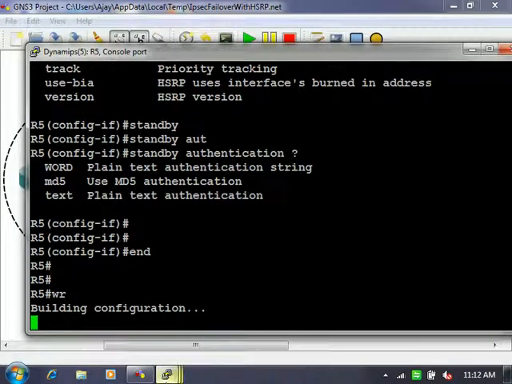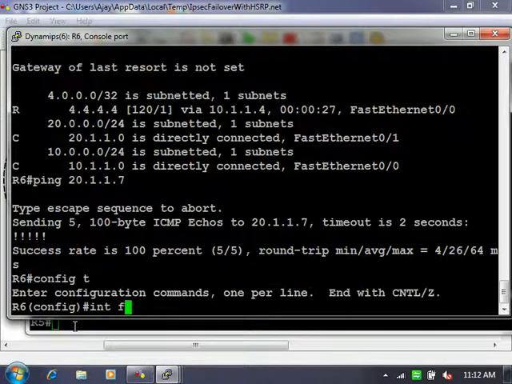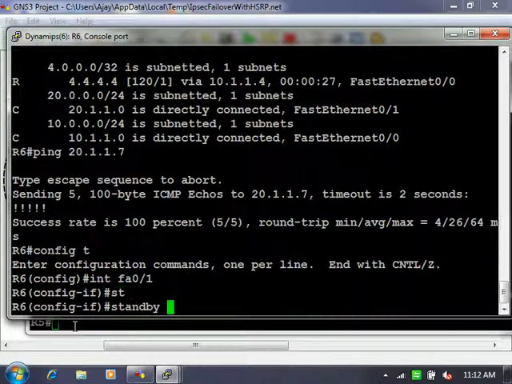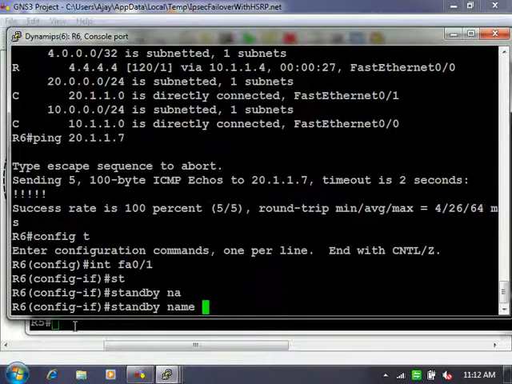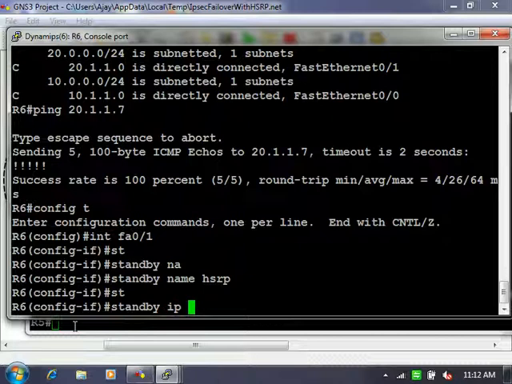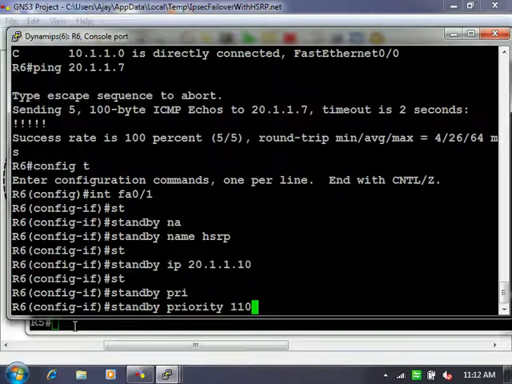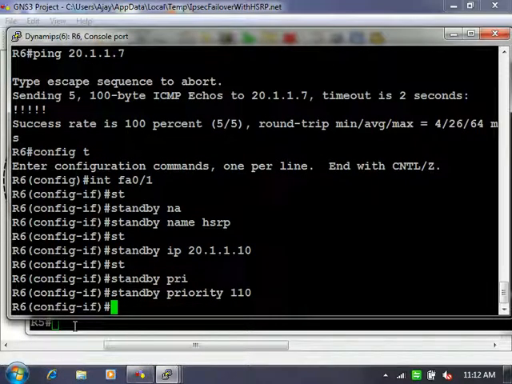Save this configuration, go to R6, interface FA0/0, standby name HSRP, standby IP 20.1.1.10, standby priority 110. Anything else do we require?